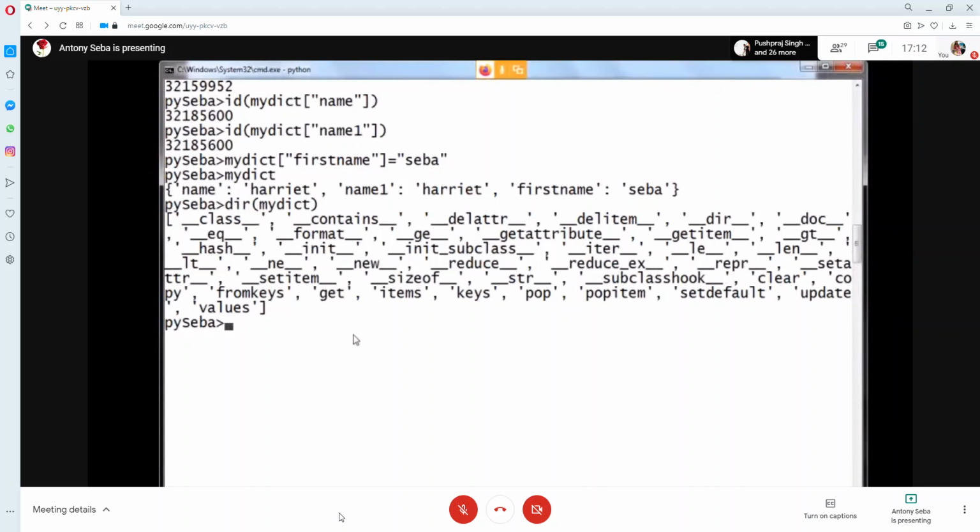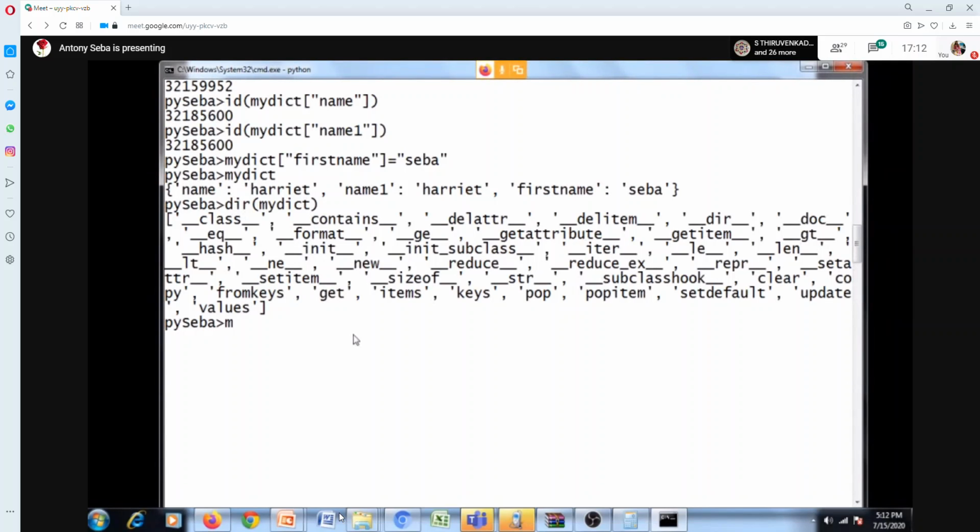I'll try to execute only two dunders and show you. The object we are currently playing with is this myDict object, dunder class. Let us see what is returned. See, it returns dict, it's a dictionary. And then myDict